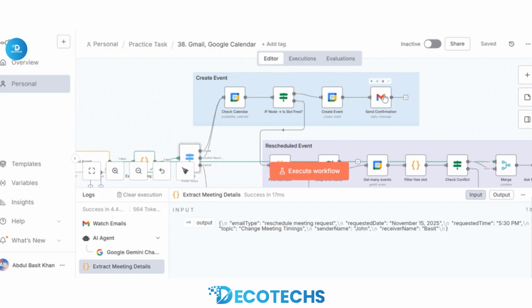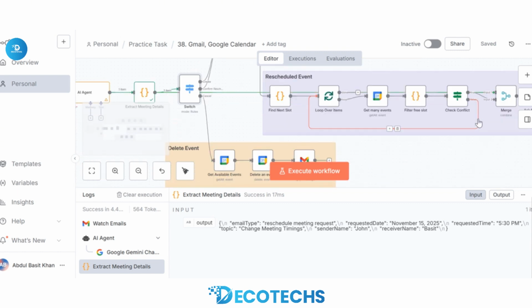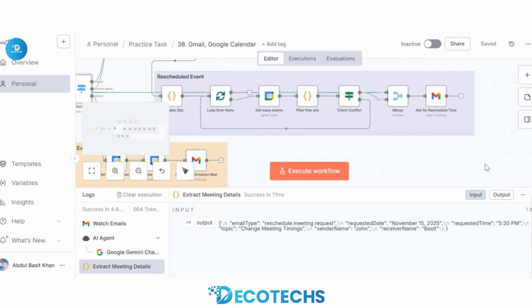For new meeting requests, the workflow checks the Google Calendar to see if the requested slot is available. If the time is free, it automatically creates a calendar event for that meeting. If there's a conflict, the workflow intelligently calculates the next few available slots and sends an automatic reschedule email suggesting